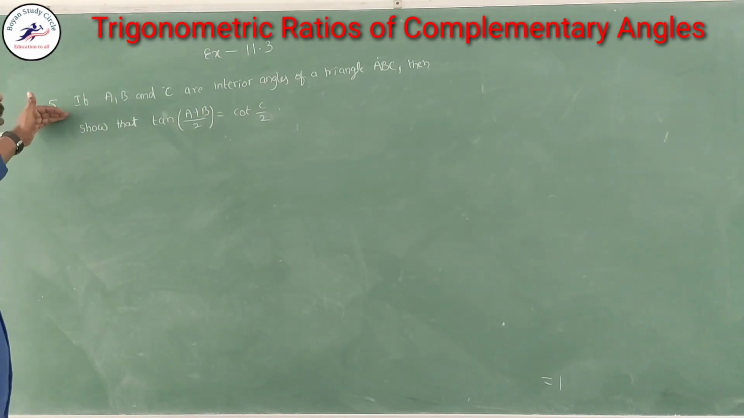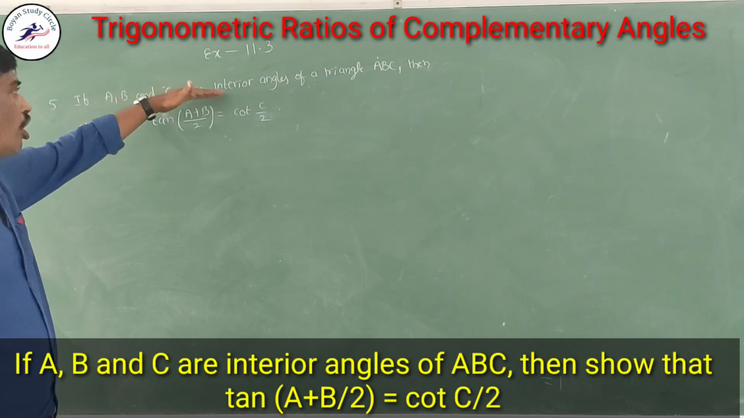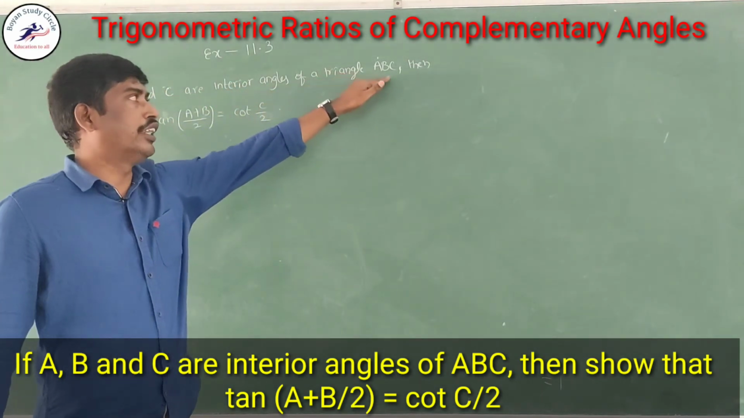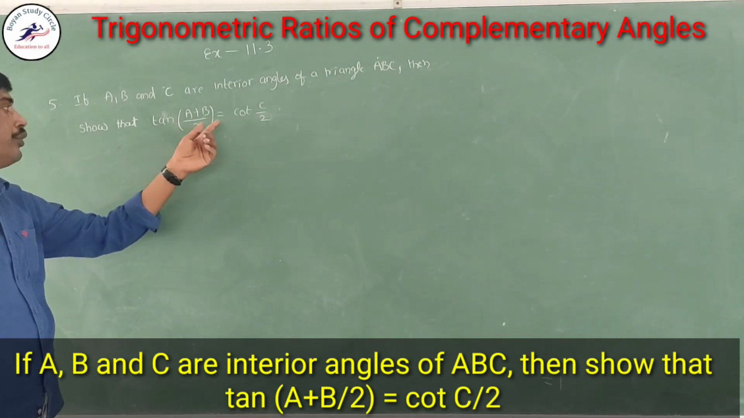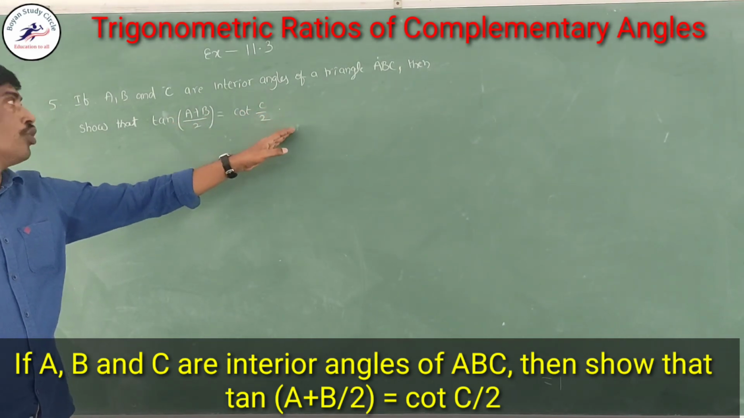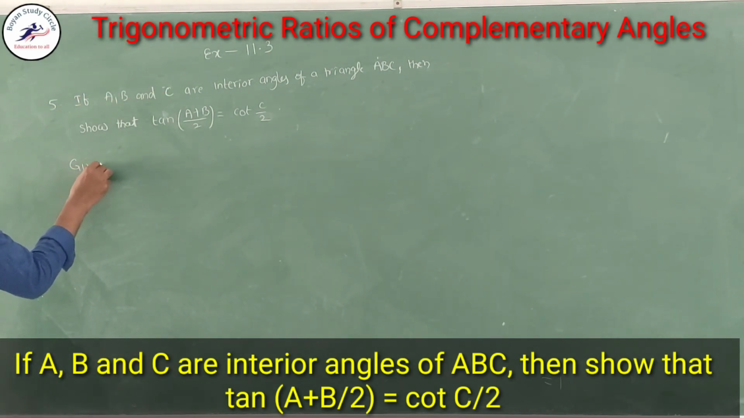Okay. Fifth problem of exercise 11.3. If A, B and C are interior angles of a triangle ABC, then show that tan of (A plus B) by 2 equals cot of C by 2. So first of all, write what is given. Given that